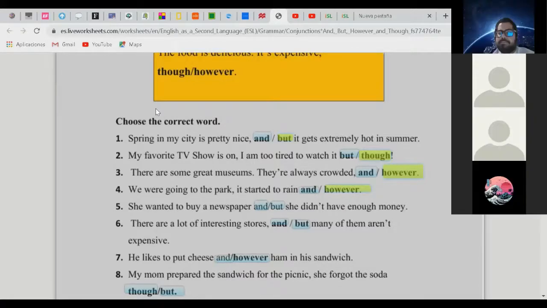Oh my God, look at this. In here, guys, arruinaron el plan, right? Look at this. We were going to the park. However, it started to rain. Or we were going to the park, right? It started to rain, however. Oh my God, it happens sometimes, guys. Specifically in this time, right? Because we're in winter season, right? Have to be careful about raining. Let's do 2 more, guys. A couple more. I don't know if Yelena can help me reading number 5.